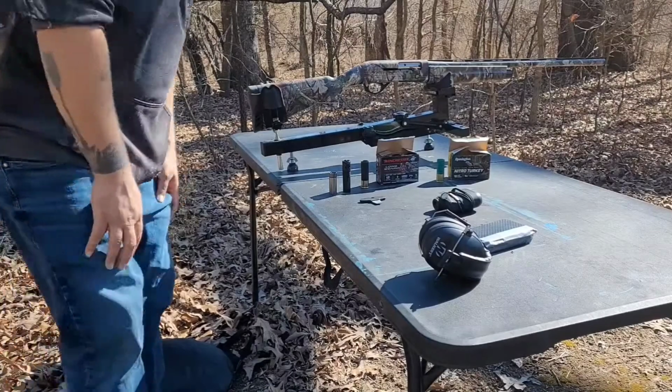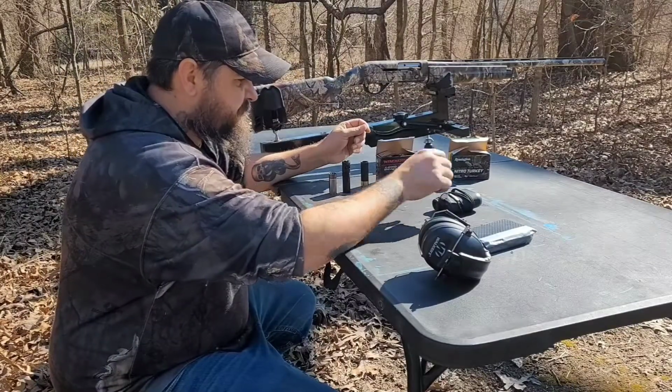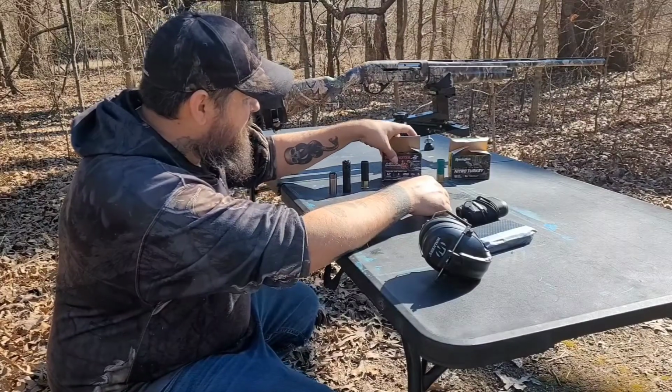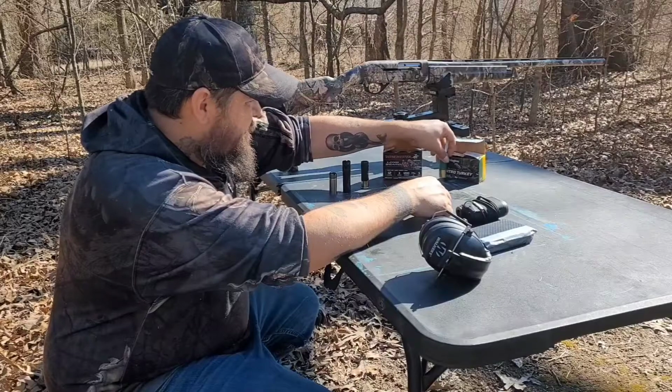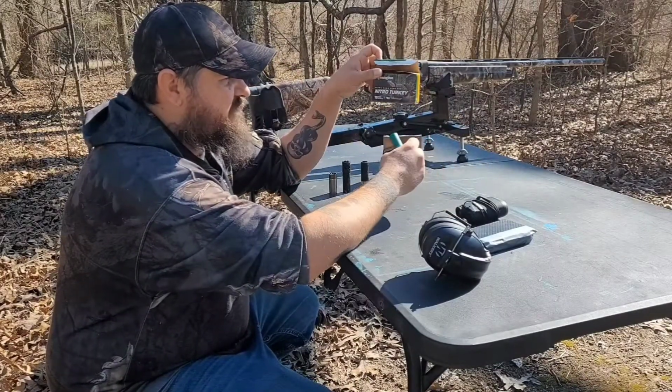Well, boys, I'm out here today trying to get my shotgun ready for turkey season. I wanted to try out a couple of different rounds with a couple of different chokes. So I'm going to be trying out the Nitro Turkey from Remington,